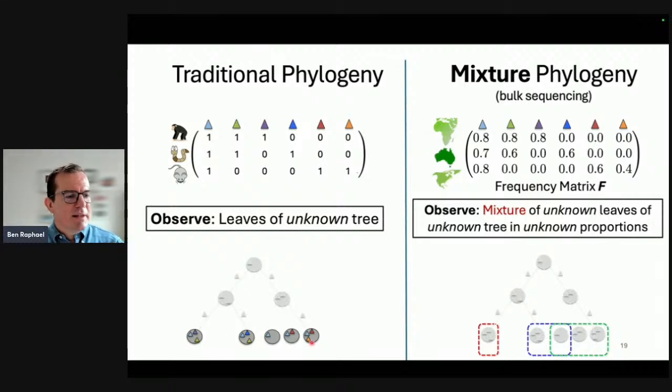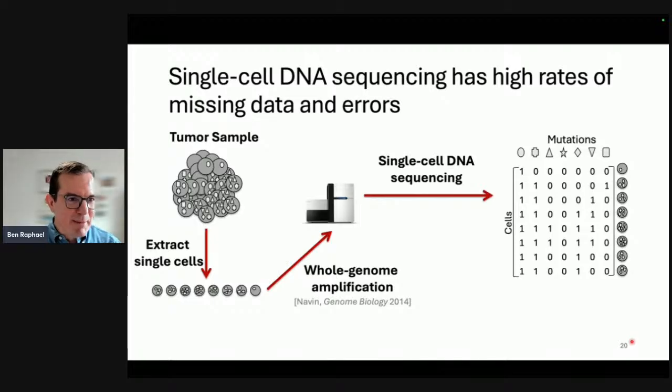So we have the leaves measured of an unknown tree. In this problem, we instead have mixed all our species together. So maybe we have the frequency of each mutation present on each of the continents. And now, could we build our tree from mixtures of unknown leaves of the unknown tree in unknown proportions? So actually it's quite a challenging but interesting problem. I'll talk about that in a second, but I wanted to first show the related problem that happens with single-cell